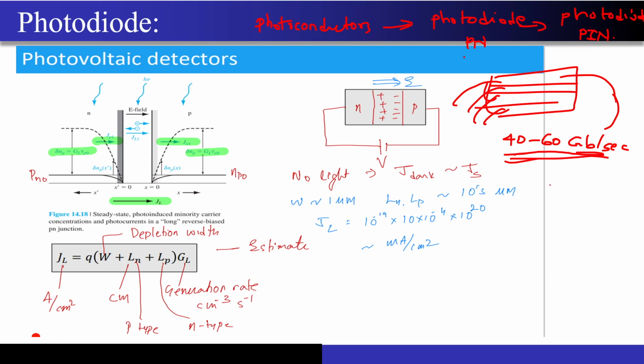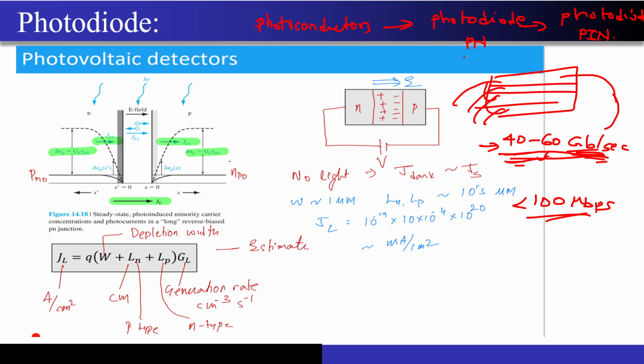Just to tell you, if you have a Jio fiber or a Hathway router at your home, the internet speed that you will be getting will be less than 100 Mbps. I'm talking about 40 to 60 gigabits per second. So if they are sending the data at such a high speed, my photodetector first of all should have the capability to respond to a signal which is varying in such a fast manner, correct. That's why I want to design photodiodes which will operate at a very high speed.